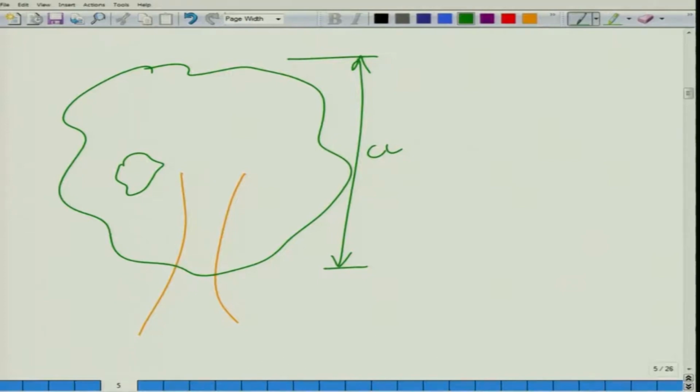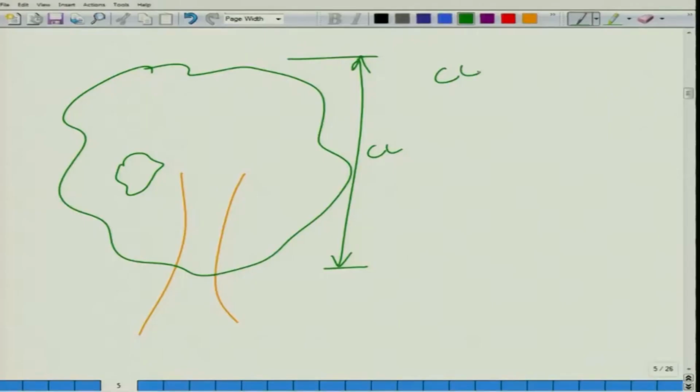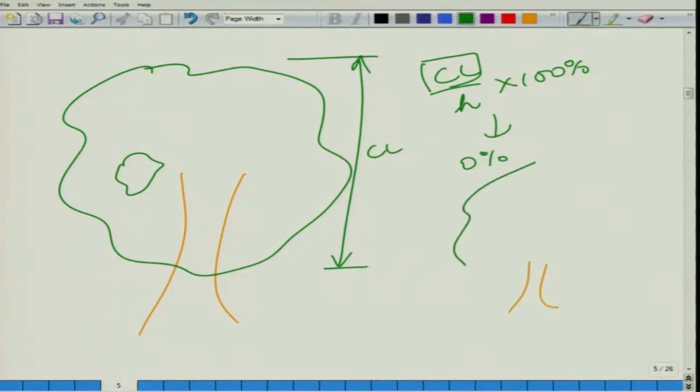Now, coming back to the slides, how is it measured? The uncompacted live crown ratio is recorded in 5% classes and coded as 0, 5, 10, 15, and so on up till 100, because this is a ratio of crown length upon height into 100%. So, if there is no crown, it will be 0%. If you have, say, a theoretical condition where you have a tree and you have a crown that completely covers it,